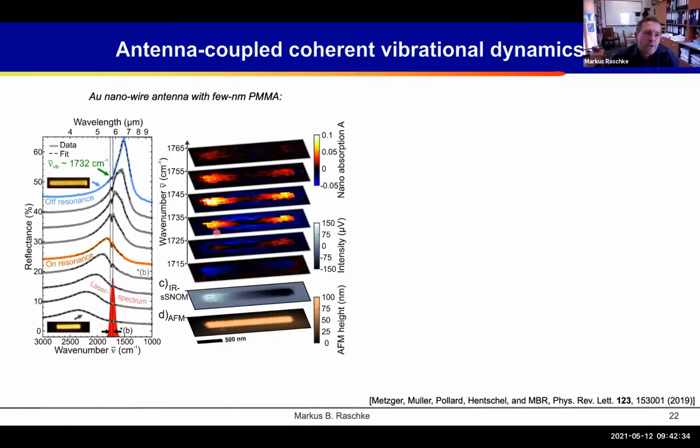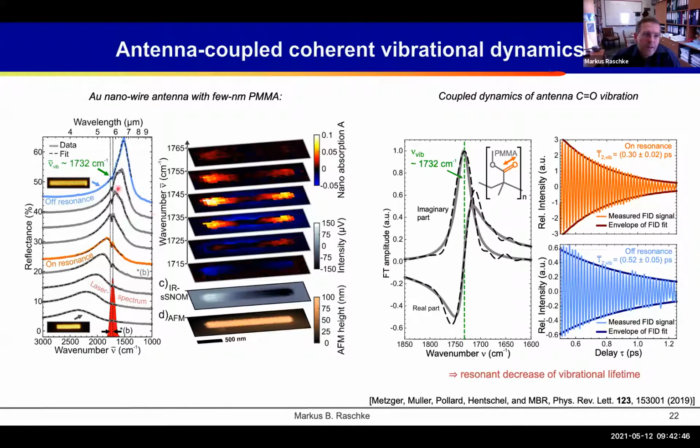You see, as we are tuning the wavelengths through this vibrational oscillator, especially antenna terminals, you get a brighter emission of this infrared scattered light. So we can then look at this dynamic interaction here in the time domain more closely. And then the first indicator of something interesting to happen is that we actually see a change in this vibrational